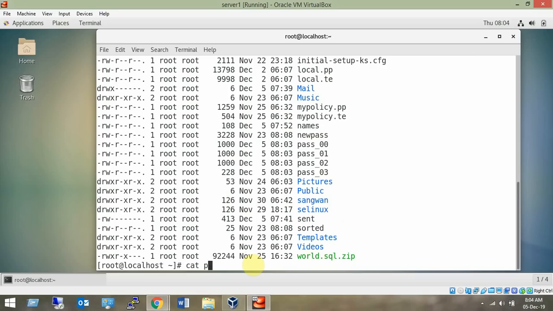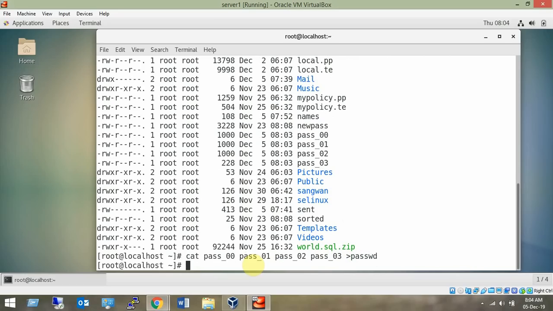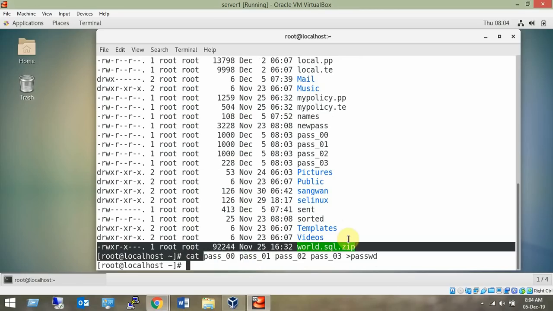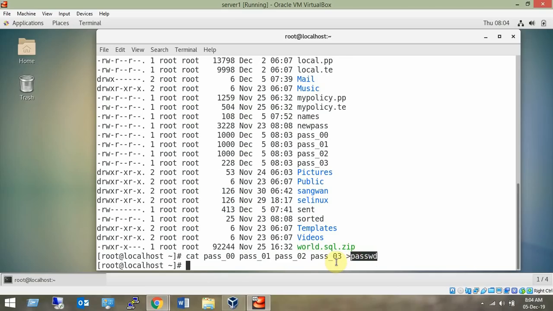So basically now if I want to join back together all these files, I can use the cat command, cat pass01 space pass02 space pass03. Alright, and in fact they start with pass_00. So all the file names you have to put together and then send them to the new file name. So the file is created back. So the cat command, putting all the file names together, sending it to a new file, will join back the file again. That is the command.